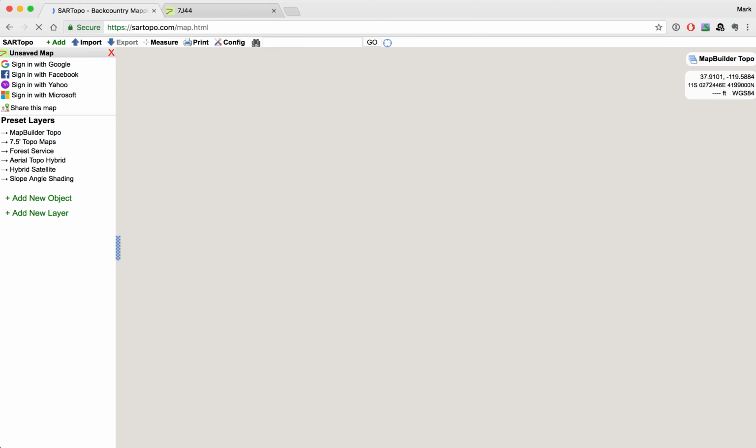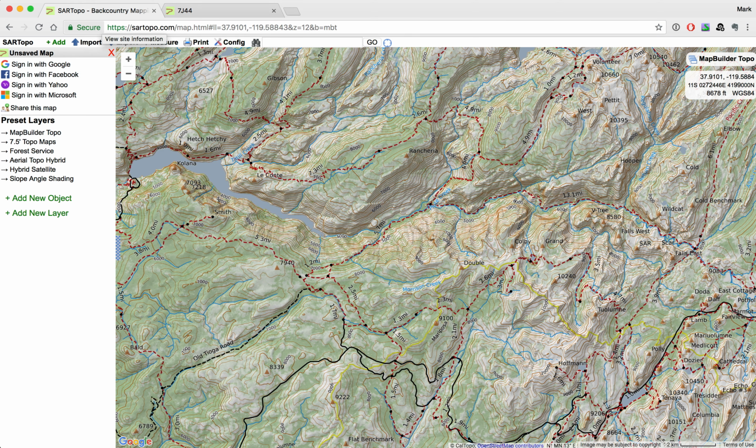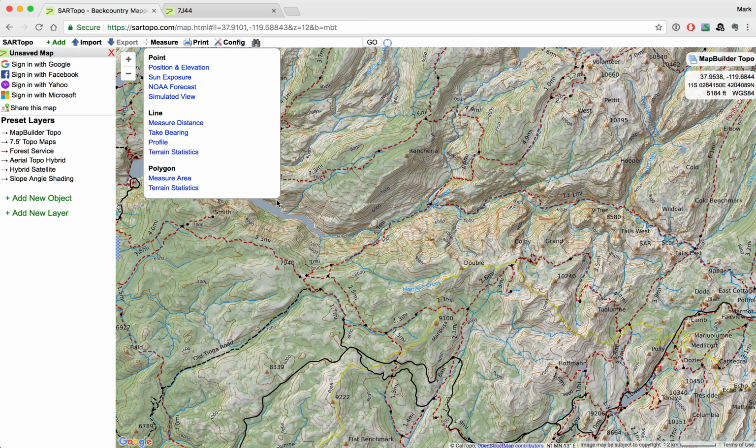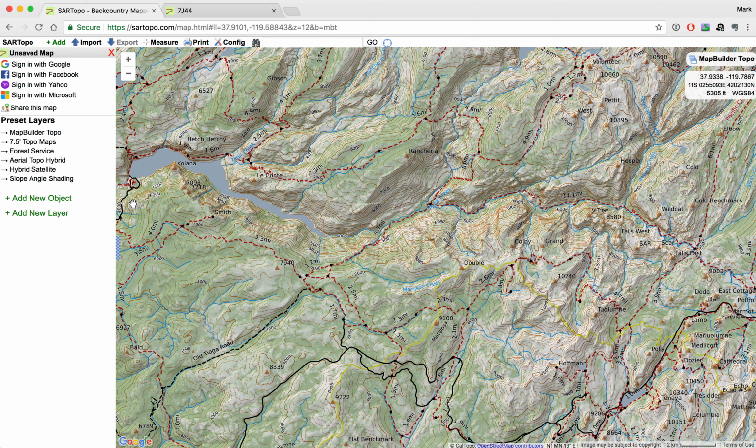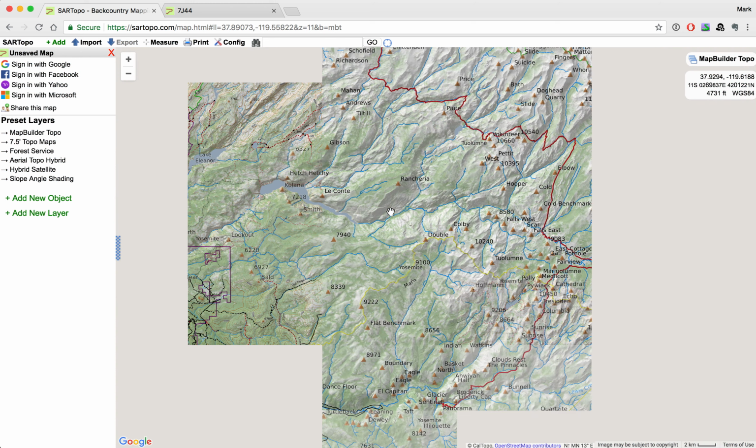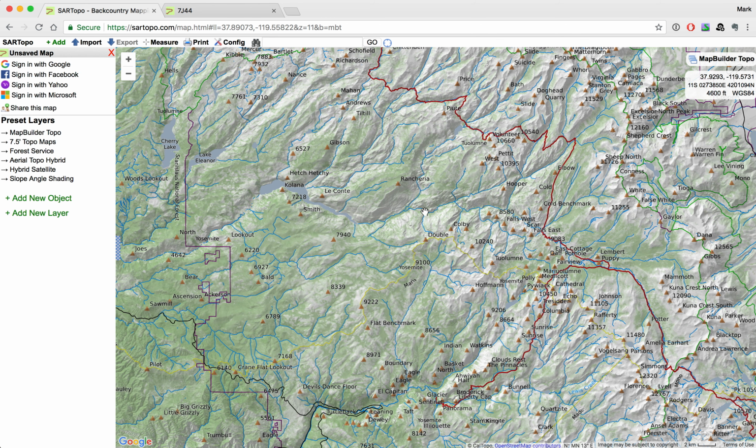Sartopo.com. It's a quick overview of a PDF map generating program that is accessible by anyone. You can use this prior to going out of county in an area you may be unfamiliar with. I'll give you a quick run through on it, how to build a topo map and some of the different